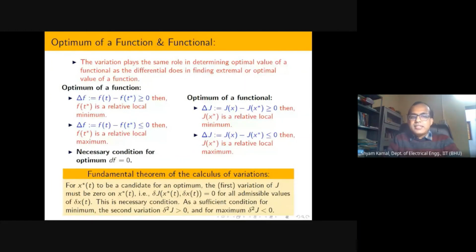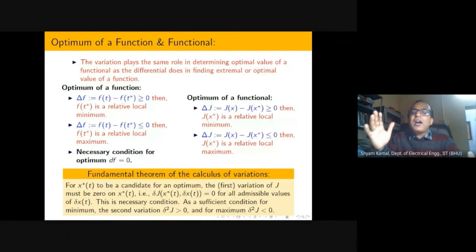Why is the proof very interesting? In that way, you are able to understand the Lagrangian and the Hamiltonian, both kinds of things, using the same proof. So now what I am telling is the fundamental theorem of calculus of variation, and based on that is one part, almost the complete part of control. Another part is called dynamic programming. I am not talking about dynamic programming.